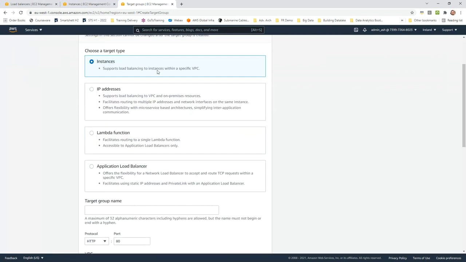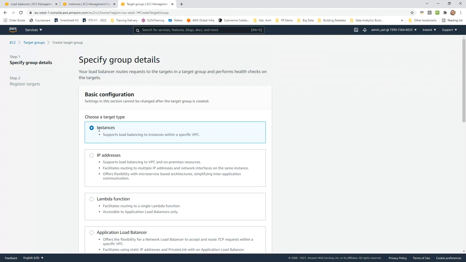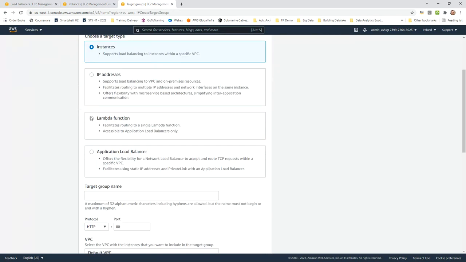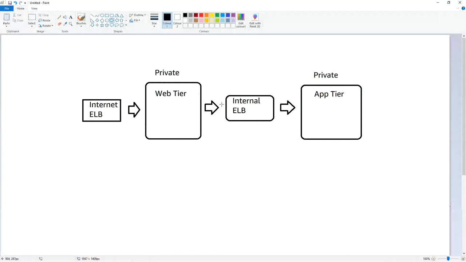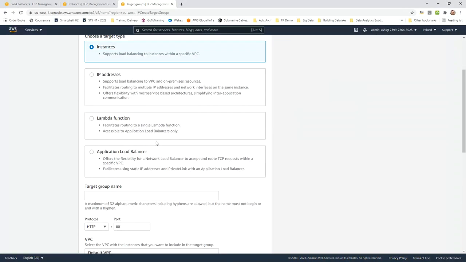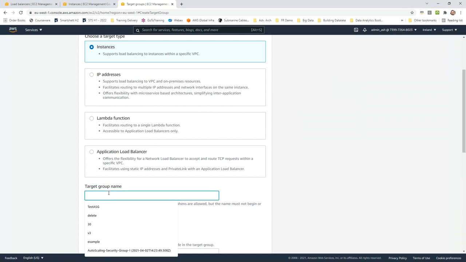See this. What can be in my target group? Am I creating a target group of instances? Am I creating a target group of IP addresses or a Lambda function or even an application load balancer? This is where we have discussed that I may have an approach like this. So this is also possible, maybe not this, but even I may want to have multiple load balancers behind a load balancer. So that is also possible, or a network load balancer in front and an application load balancer at the back. So those are all valid options. To keep things simple, I am just adding an instance here. Let's call it my node web application.